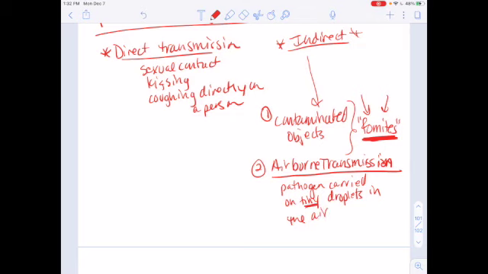And there's an emphasis on the words tiny droplets in the air, because when it's tiny droplets, aerosols can travel 10 to 20 meters very easily. So they can travel very far. Much farther